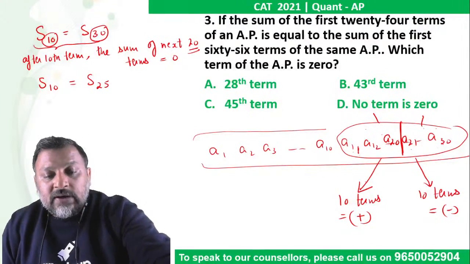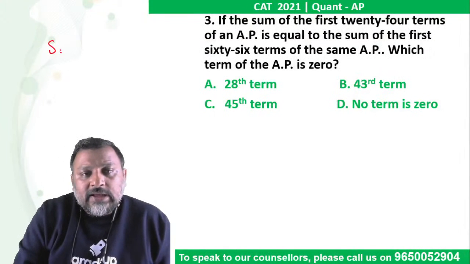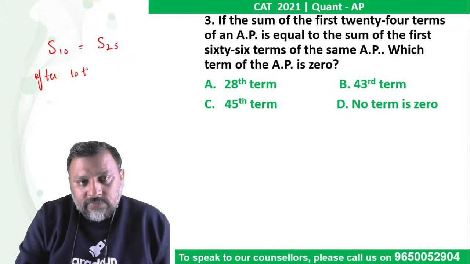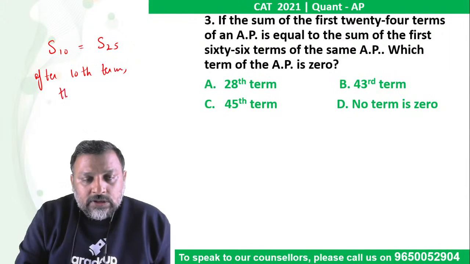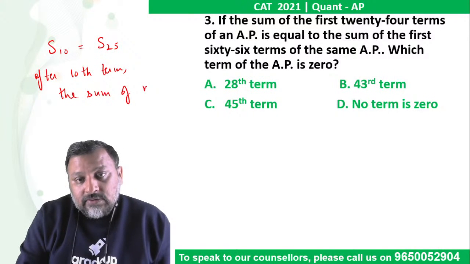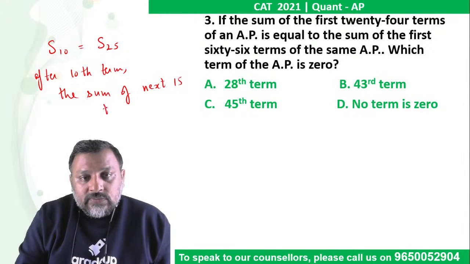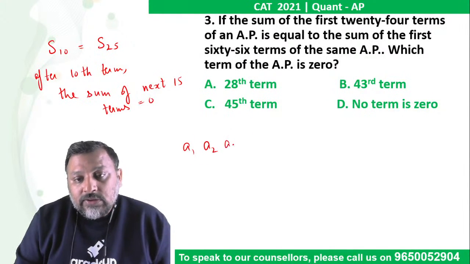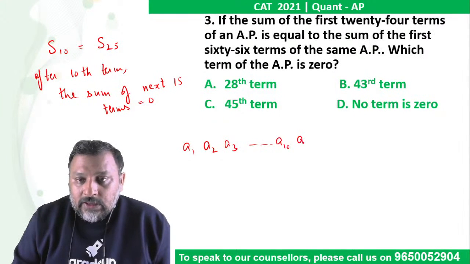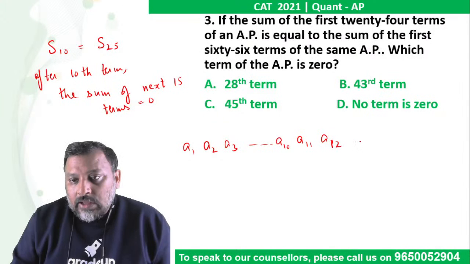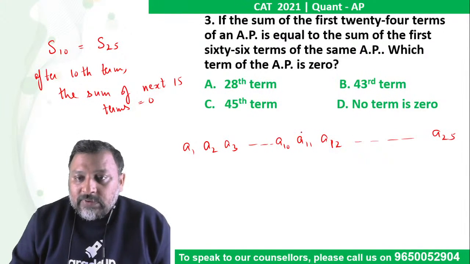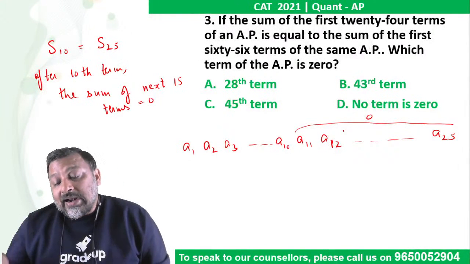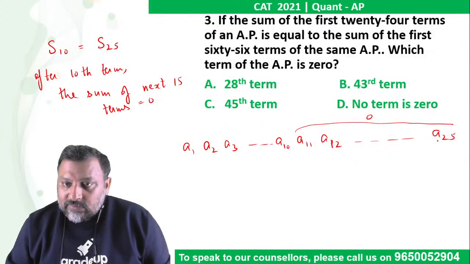Okay, so similarly आप odd के लिए भी ऐसे ही बोल सकते हैं। अगर odd दिया है sum of first 10 is first 25, so that means after the 10th term the sum of next 15 terms is zero। तो इसका मतलब क्या होगा? आपके पास ये टर्म्स हैं A1, A2, A3 till A10, then A11, A12 and so on till A25. That means this whole thing is zero. So again, since the terms are increasing and decreasing by a constant value, और ये 15 terms लिखे हैं,